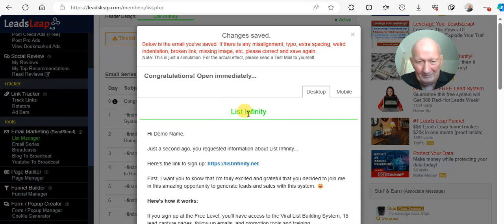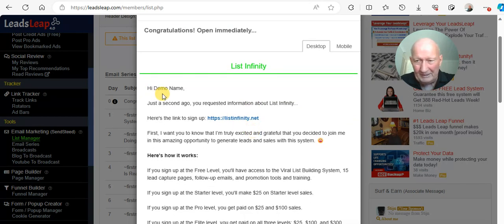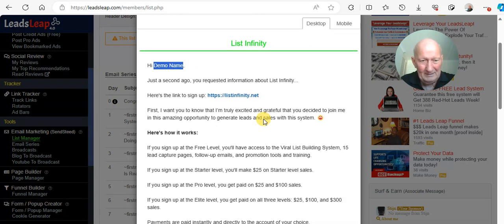So it's the bright green. I like nice and bright. It just sort of brightens up the email. This is the email the person is going to get. You set the demo name, and it will have their first name from the details they entered on the capture page. And there's the link. So if you click on that,